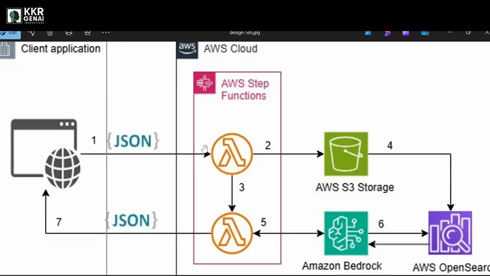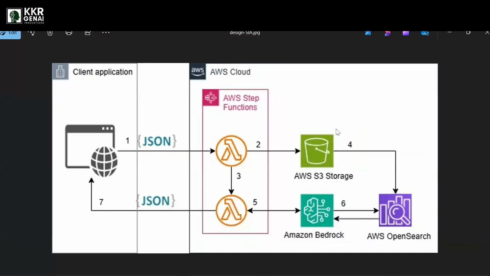Okay, then we store that information, and that information can be sent to OpenSearch. This particular query will be converted to embeddings, and those embeddings will be searched in the existing embedding data, the embeddings service. That is one of the services I told you about. OpenSearch is also one of the embedding stores, like ChromaDB.